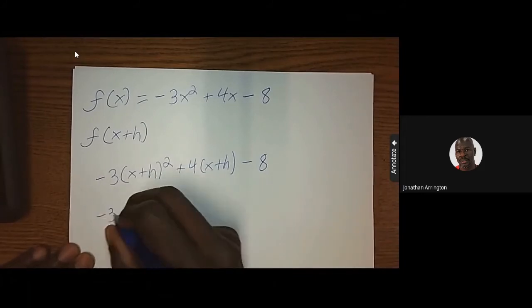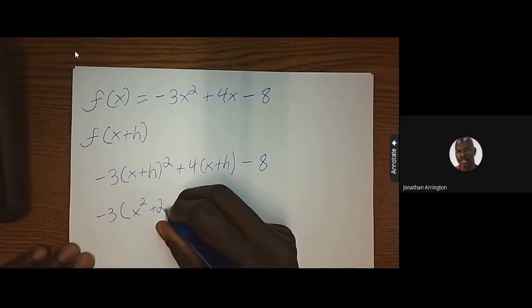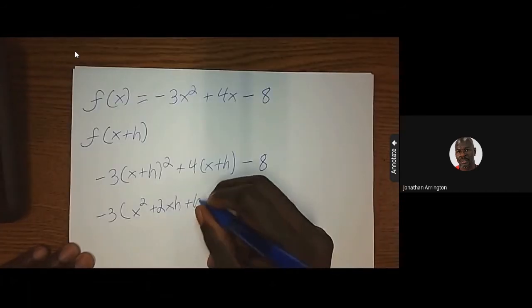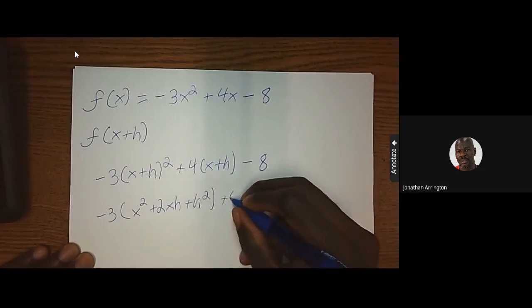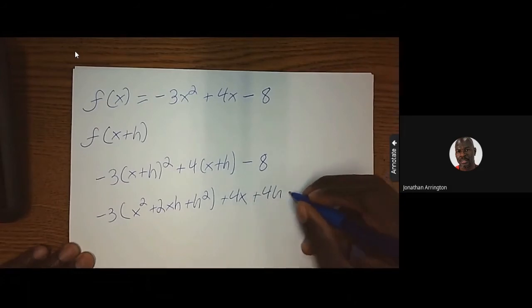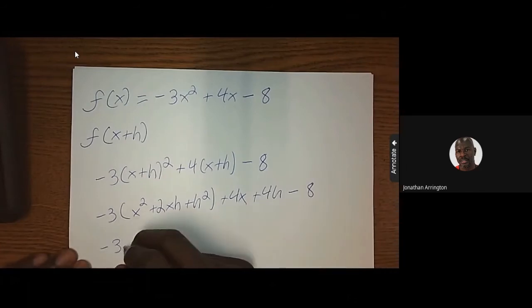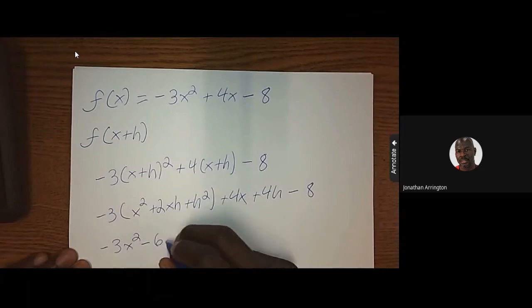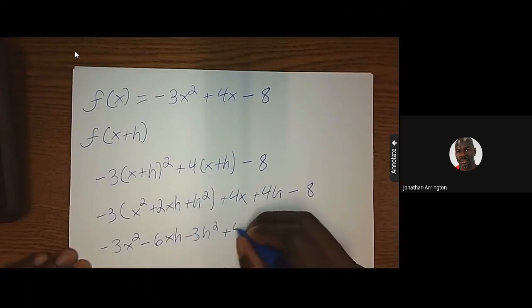So this would be negative 3. Now I'm squaring this guy, and I should get x squared plus 2xh plus h squared. I'm going to distribute this 4, and that's going to give me 4x plus 4h, and then, of course, minus 8. Next, I'll distribute this negative 3, and that'll be negative 3x squared minus 6xh minus 3h squared plus 4x